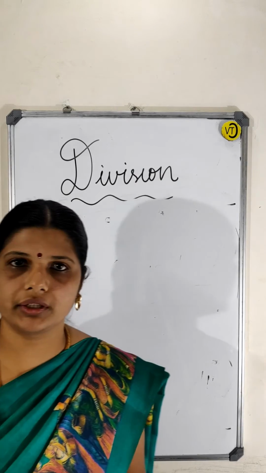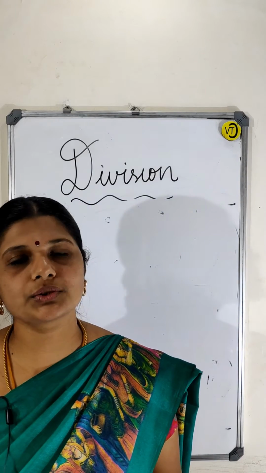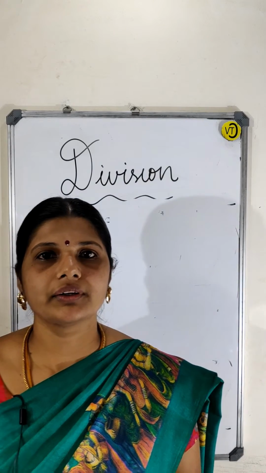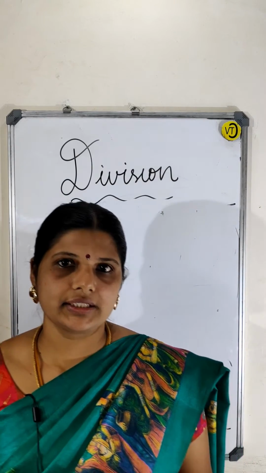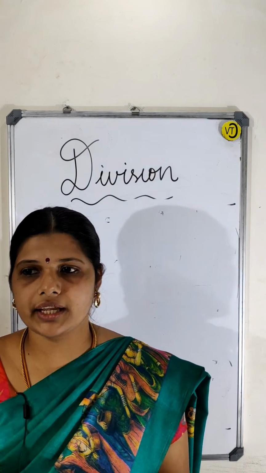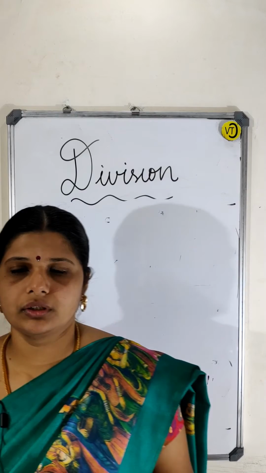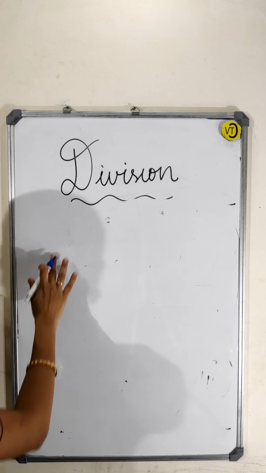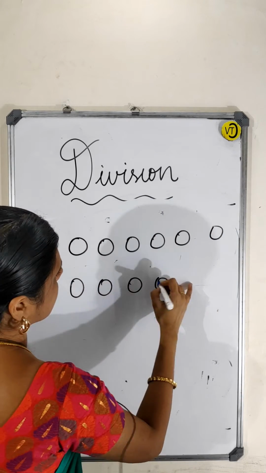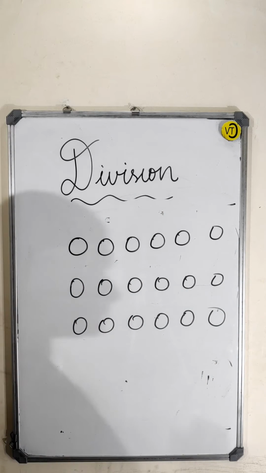Division by equal grouping. Okay, one more kid. This is Bhavik. What he is doing, he has 18 marbles with him. Colored marbles, you know, you like to play with that, right? So, he is having 18 marbles. He needs to share these 18 marbles equally among 3 people. First, the marbles: 1, 2, 3, 4, 5, 6, 7, 8, 9, 10, 11, 12, 13, 14, 15, 16, 17, 18. 18 marbles he is having.